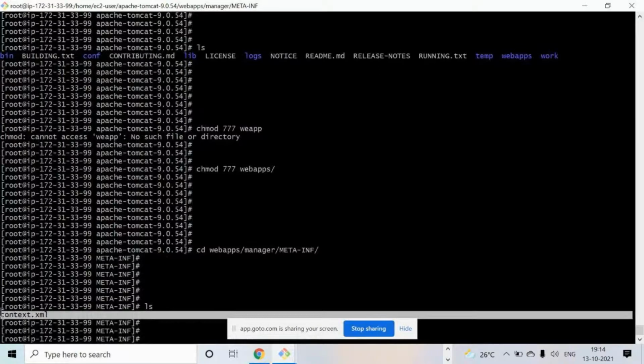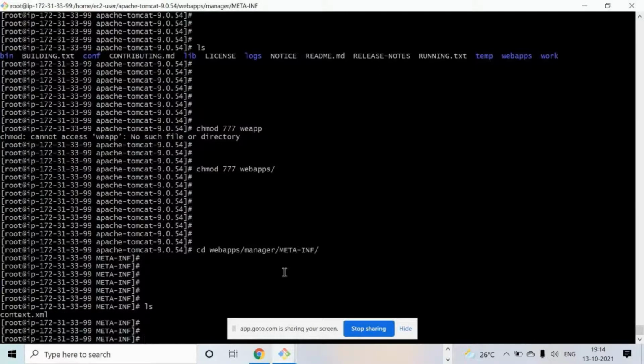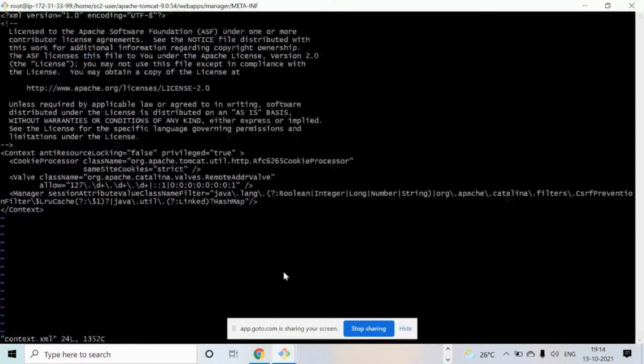The context.xml file. I'm going to open this file. I need to delete this Valve tag and Allow tag.